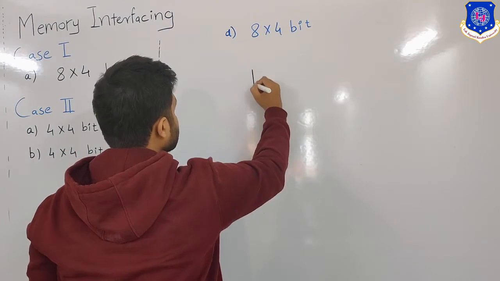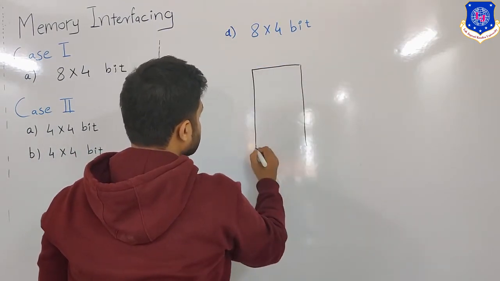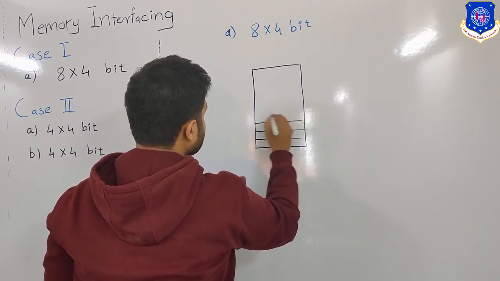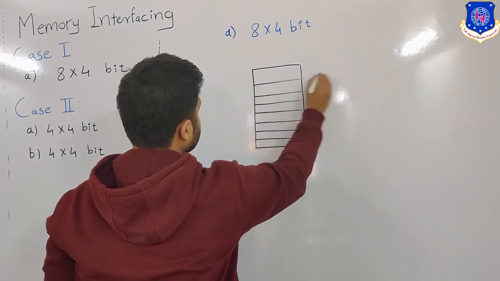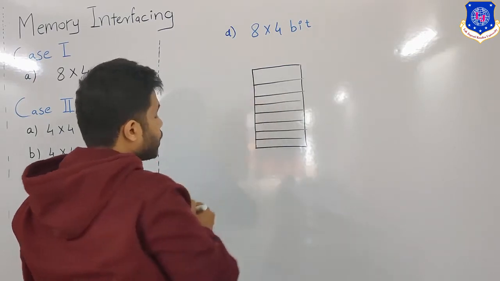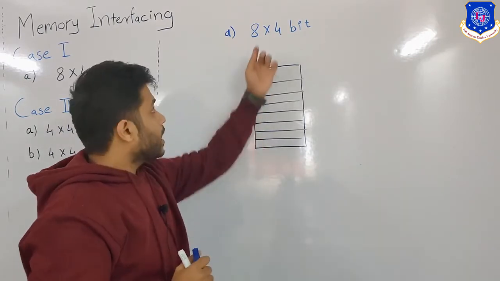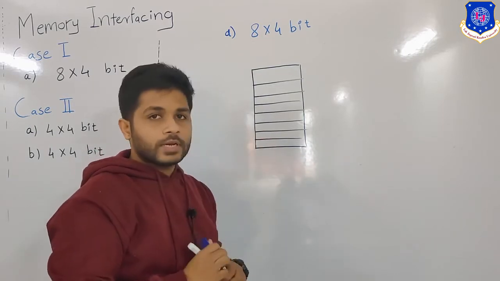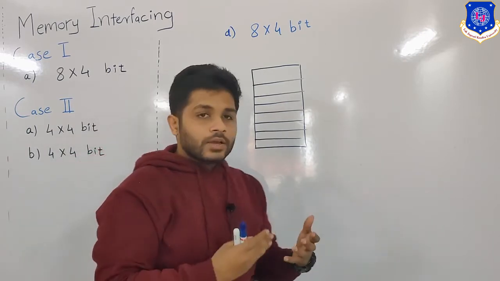Our memory has 8 locations: 0, 1, 2, 3, 4, 5, 6 and 7. So from 0 to 7, a total of 8 locations are there, and 4 bit means each location can store 4 bits of data. Now to interact with the memory,